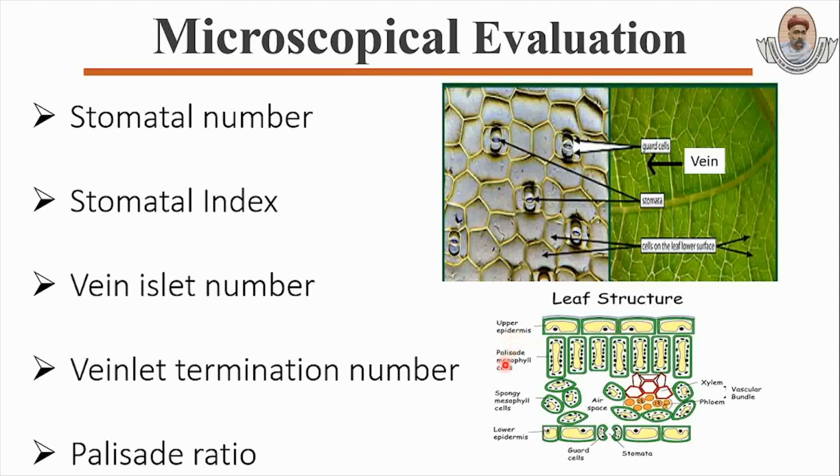The palisade cell which we are going to count, that should be present beneath 4 continuous epidermal cell. If there is any kind of stomata cell or any kind of trichome present in epidermal cell, then the palisade cell which are present under such epidermal cell should not be counted.